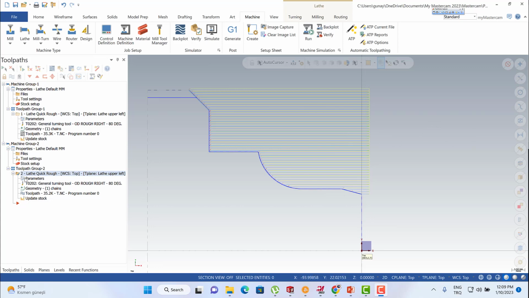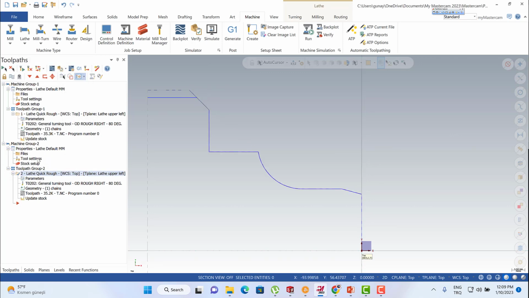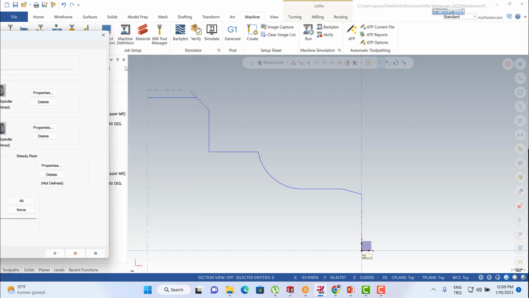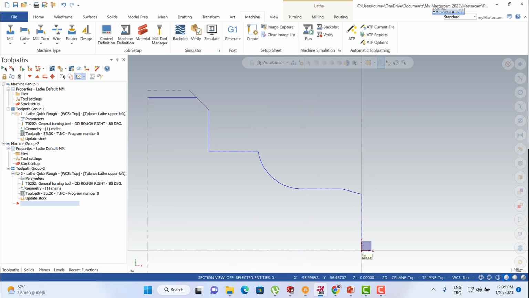In this lecture, we're going to talk about lathe operation. As we can see here, this is my geometry. I'm going to start from here and reach here. This is my geometry, and this is my stock setup. We're going to start from here to here by using the make from 2-point option,